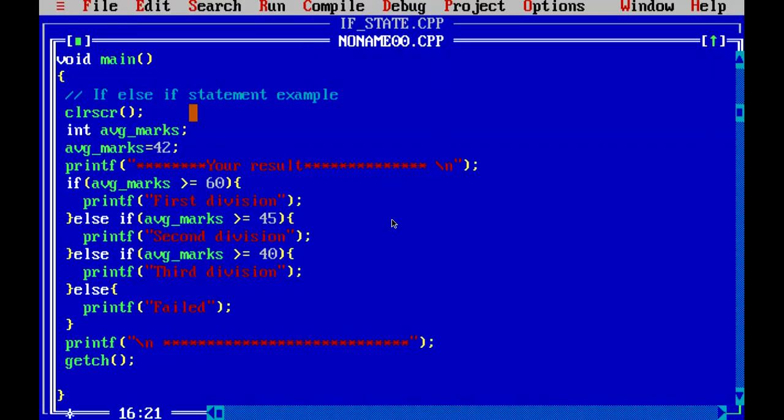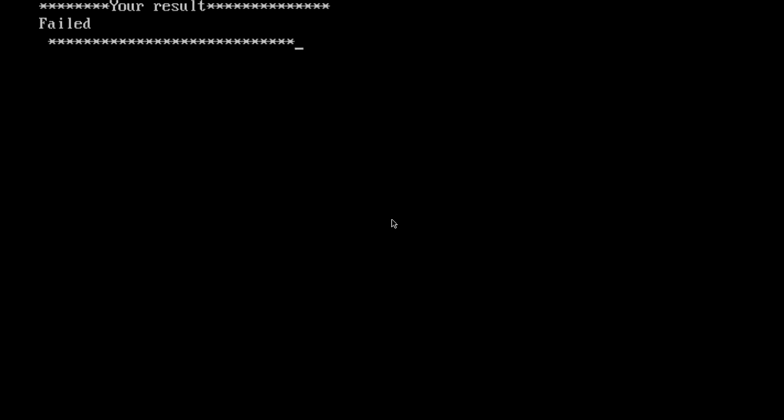Now what if I am giving the marks less than 40, suppose they are 37, then it is printing failed.